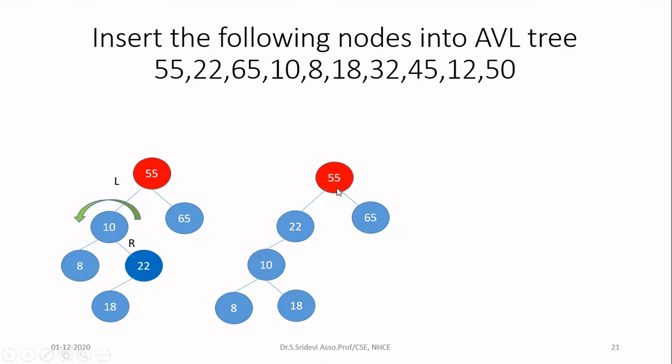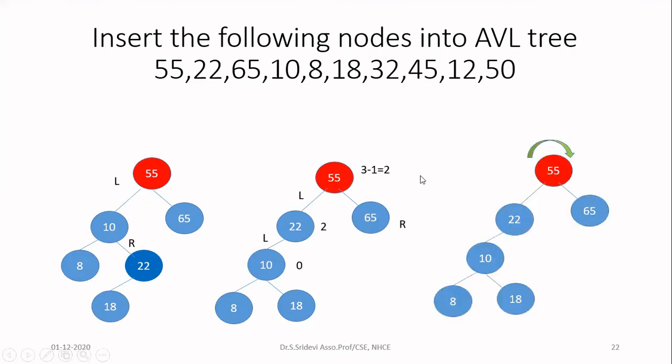So I am going to now rotate in the clockwise direction because it is right now. So how to rotate in the clockwise direction? About which node? When the letters are the same, you always rotate about the first node, out of the three nodes. Here the first node is 55. So I am going to rotate about 55 in the clockwise direction. When I do that, let me show in the next slide.